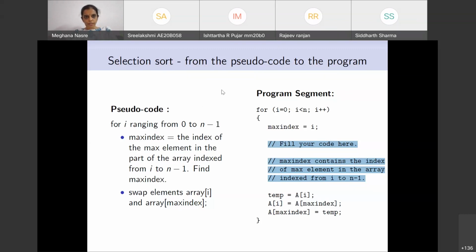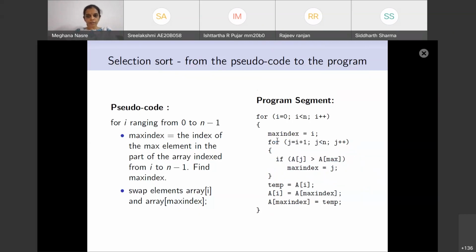Okay, so I see people are writing the code. Please do not use hard-coded constants like 9, although our array size is indeed 9, but use n for your variable. The most important part is that there is another for loop here. Anyway, I think I'll just give out the code so that it becomes easier for all of you. So there's another for loop which has to run from I plus 1 to n. And note that it is from I plus 1 to n.